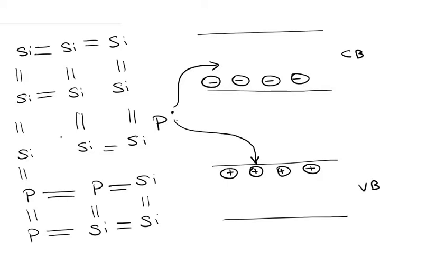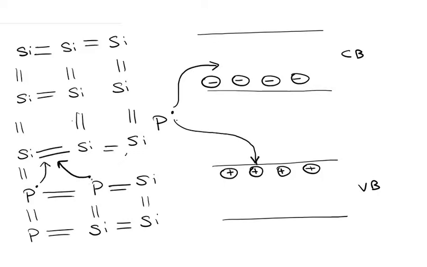As I discussed last day, this is how electrons can flow. For example, this pair of bonds can break and this pair of bonds can reform. So electrons have changed their position from this location to this location, and this is how electrons move through the valence band, by transferring these bonds. Now it may so happen that here we have a broken bond. So this is a hole in the valence band, and now this extra electron from the phosphorus atom can come here and create this bond.